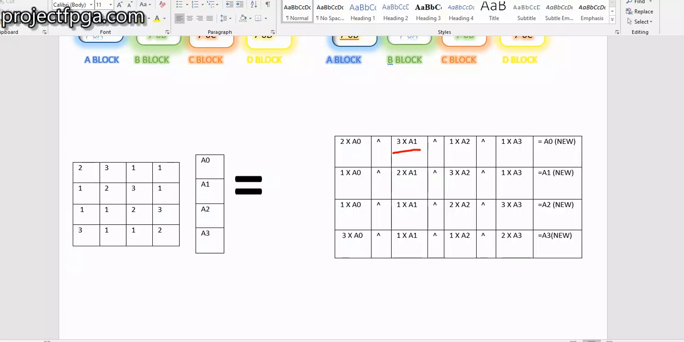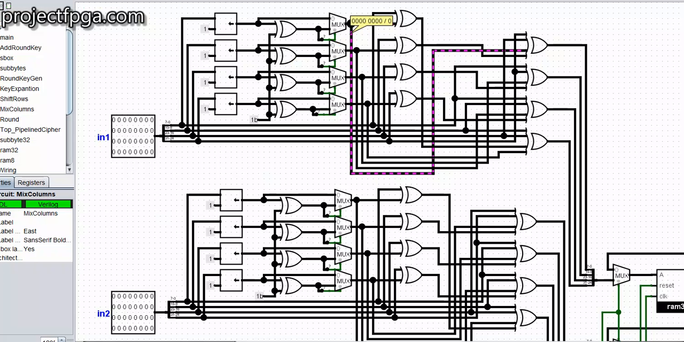3 multiplied A1. So let's go back here. 3 multiplied A1 should be this. This is A1 here. See, this is 3 multiplied A1. So let me highlight it and drop it. You can see it likewise went to the first multiplexer. Then again